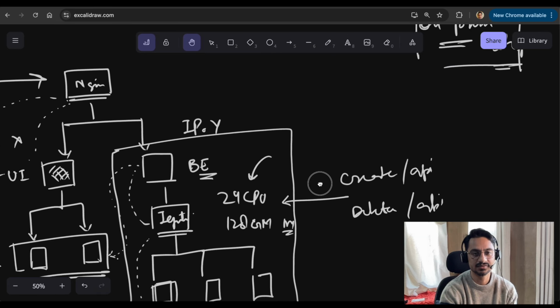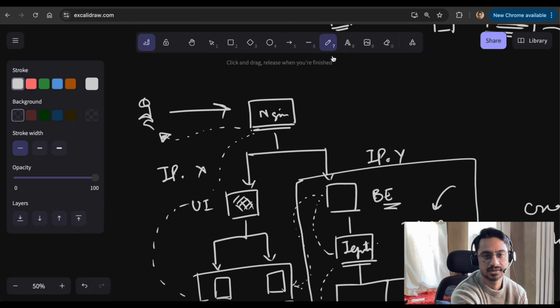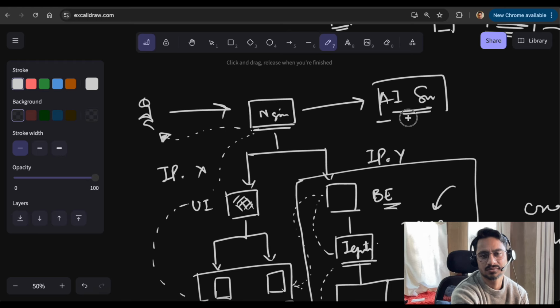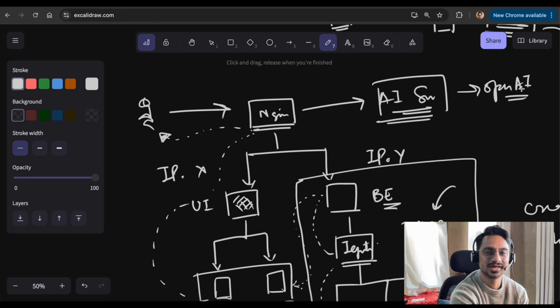I will have another server created, or I will have another API. So Nginx is my proxy. Here I have the UI and backend, and then I will have something here for the AI server setup. This can be directly calling OpenAI, even though I know that I will not do it because that's going to be very expensive for allowing the users to directly call the API. So I will have an in-house API setup, maybe DeepSeek or Llama or something like that, and then